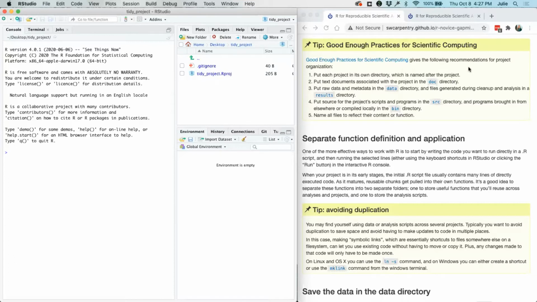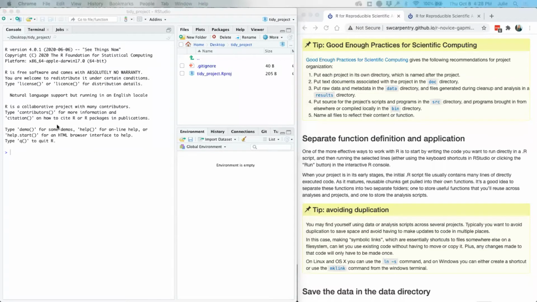We should put text documents in a documents folder or directory. We should put raw data and metadata into a data directory, and files generated during the cleanup and analysis process should be put in a results directory. You could also call these raw data and analyzed data. The key takeaway here is that they are indeed separate.